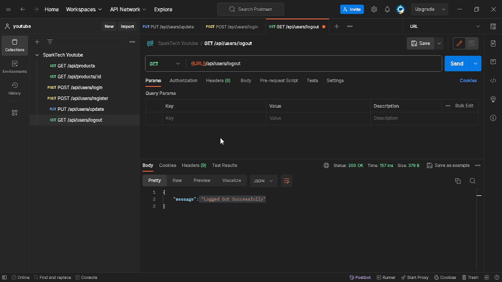So the next video is going to be a little interesting because we are going to add the feature of forgot password. If the user forgets his or her password, when he clicks on that, it will send an email along with a token, so that the user with that particular token can change his password. We are also going to install a third-party library called Nodemailer, so that we can seamlessly send and receive emails. We are also going to be dealing with something called Mailtrap, which is just a fake